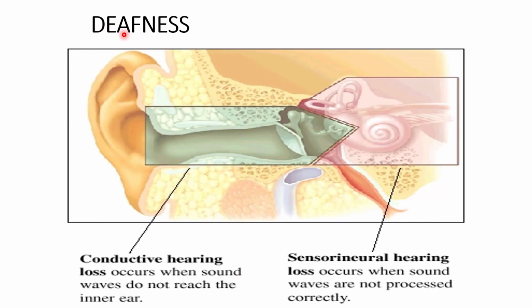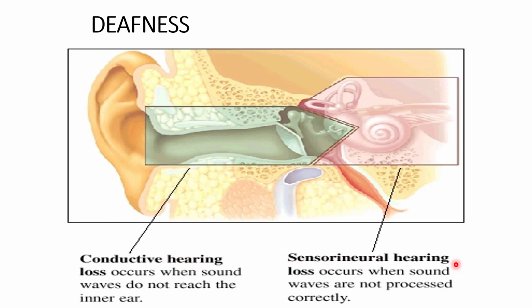And there is an entity you must have heard of: deafness. Deafness means loss of hearing. That means it may be diminished or a complete loss of hearing. And hearing loss is of two types: conductive hearing loss and sensorineural hearing loss. Conductive hearing loss means there is a block in the conduction pathway, the sound waves, the mechanical energy being conducted through different steps from the external ear via the tympanic membrane to the middle ear via the ossicles, then to the inner ear. If there is any block, damage or discontinuation of this pathway of conduction, that will lead to conductive hearing loss.